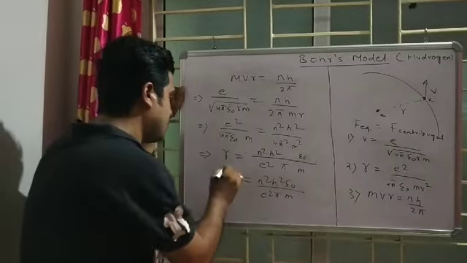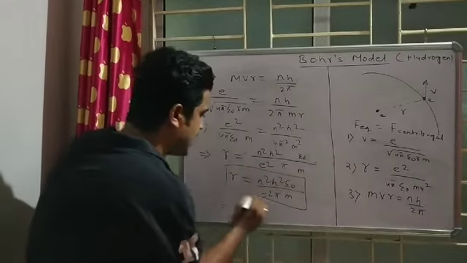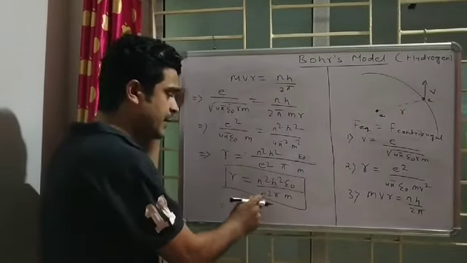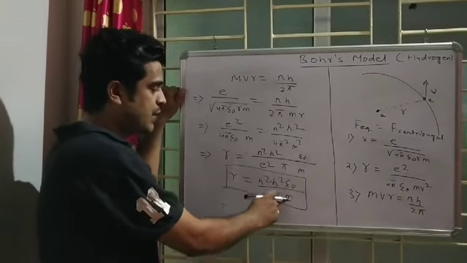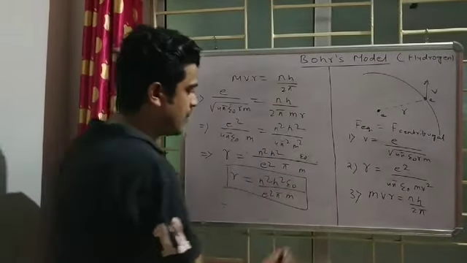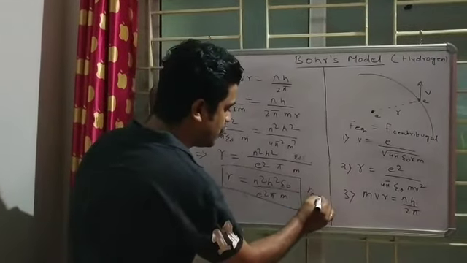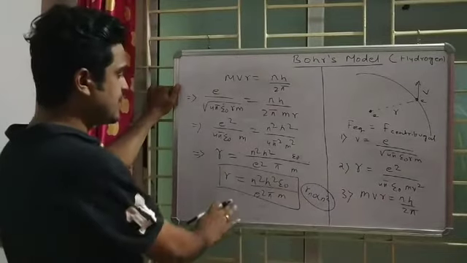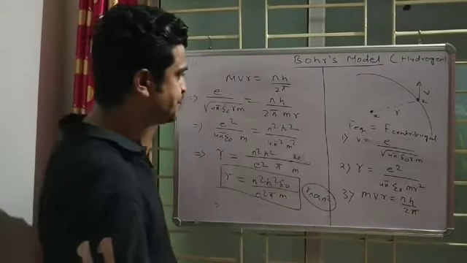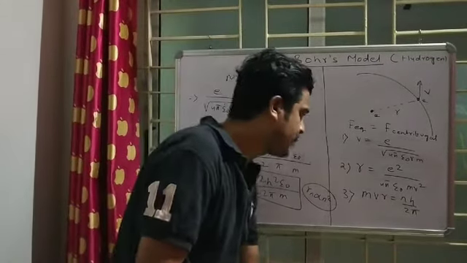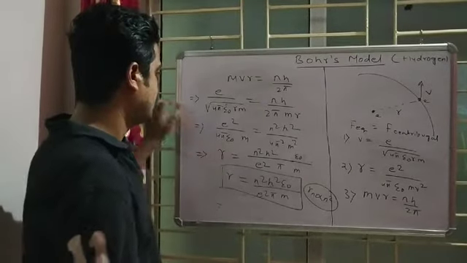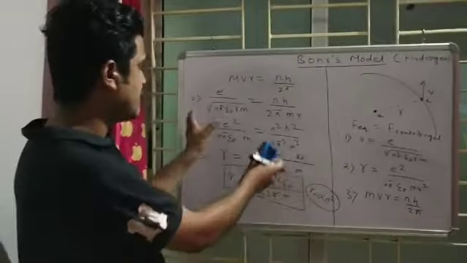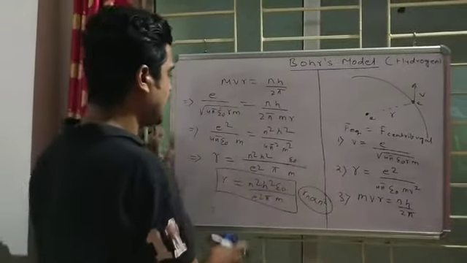Again I am concluding that h is a constant, epsilon 0 is a constant, e electronic charge is constant, so every factor is constant. So r directly relates to n square. One conclusion I am getting over here, and this is the final expression of r. Similarly, I will calculate for velocity, and this is not very difficult, right? Just equating this expression, I am getting the value of r.